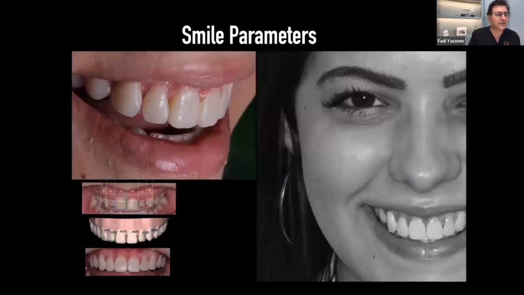But let's have a little brief lesson on smile parameters. Just to give you a heads up, I know we're going to talk about smile design, but it'd be good to get you back to basics. And I guess if you think back, we were first introduced to smile parameters and smile design concepts,